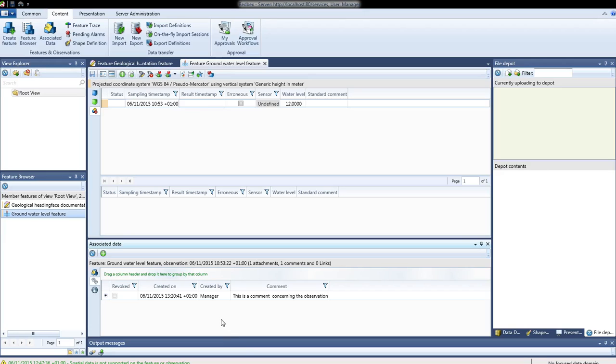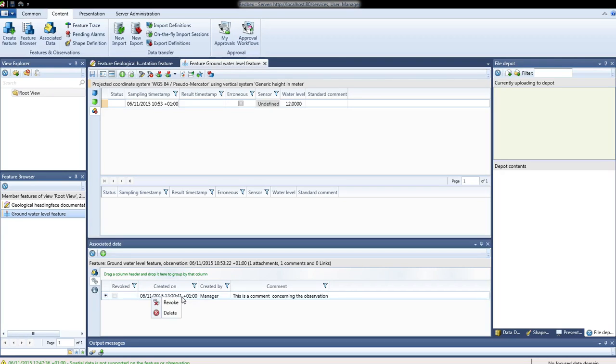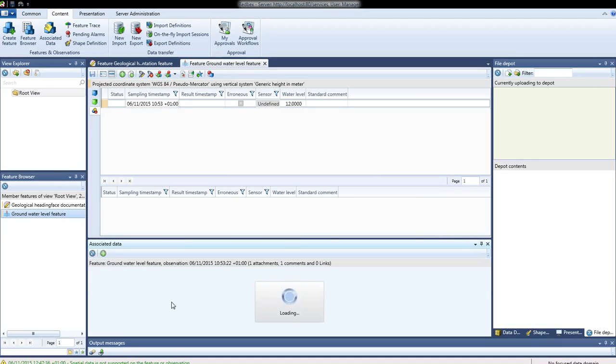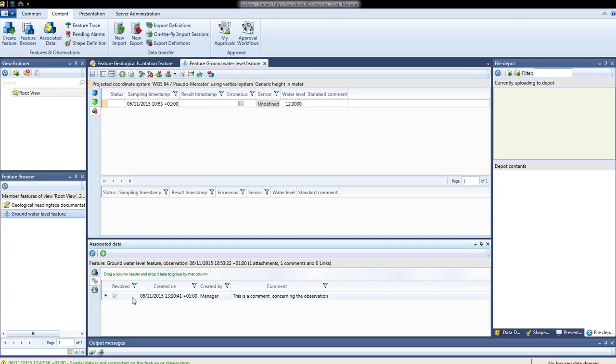Only the manager has the possibility to delete comments. Every other user which does not have the grant manager is only able to revoke the comment, which means the comment still is stored, but just gets a flag revoked, which means it is not valid anymore, but it is not deleted. This is because we think it could be that some other user makes some decision based on comments he had read here,